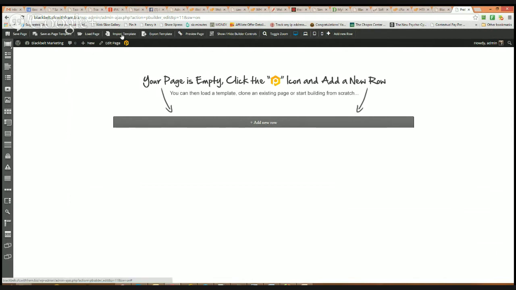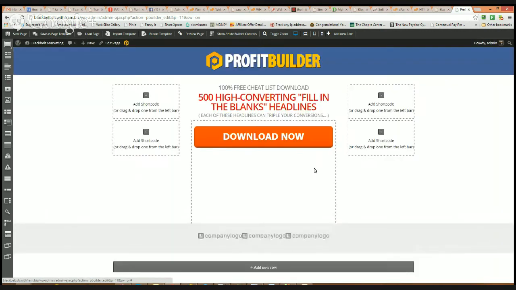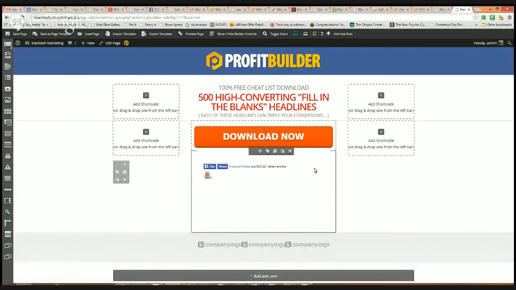What we're going to do is we're going to load a template, and this is the one that we selected. If I'd selected more, there would be a lot more here, but I only selected this one, so I'm just going to load that, and there you go. As fast as that, we have